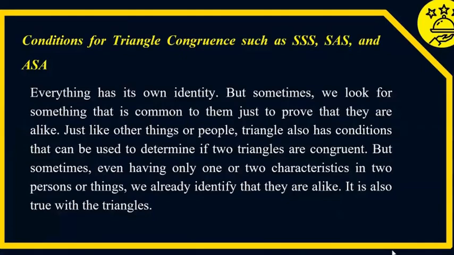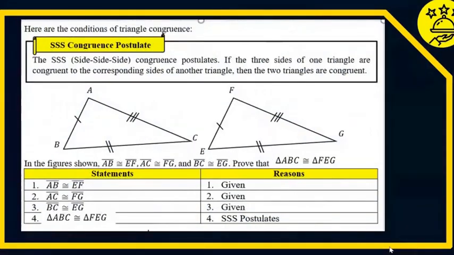So here are the conditions for triangle congruence. First is the SSS congruence postulate, or the side-side-side congruence postulate. If the three sides of one triangle are congruent to the corresponding sides of another triangle, then the two